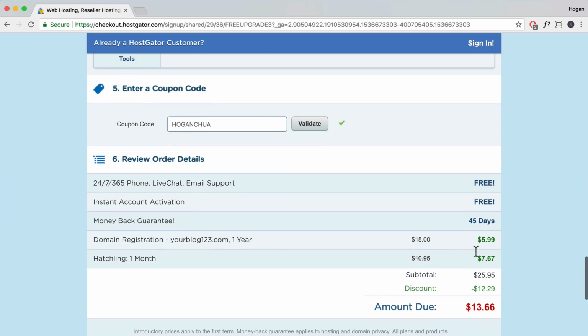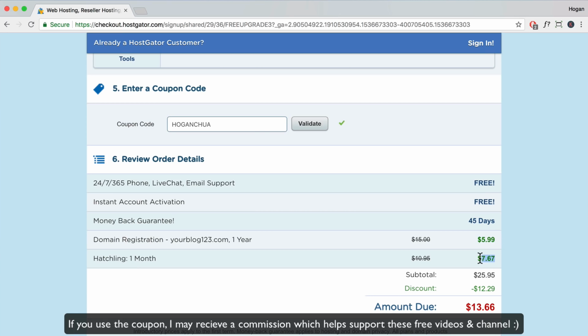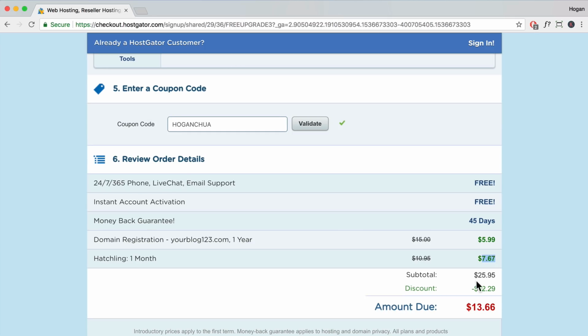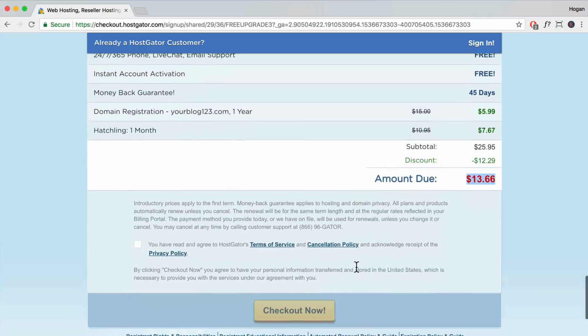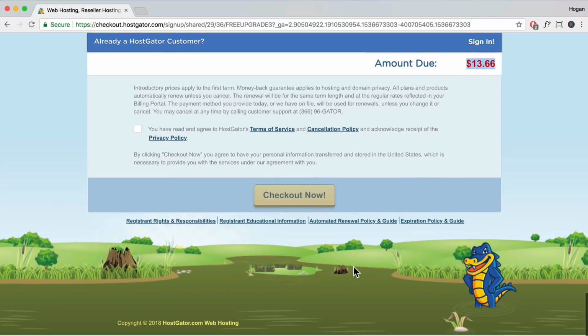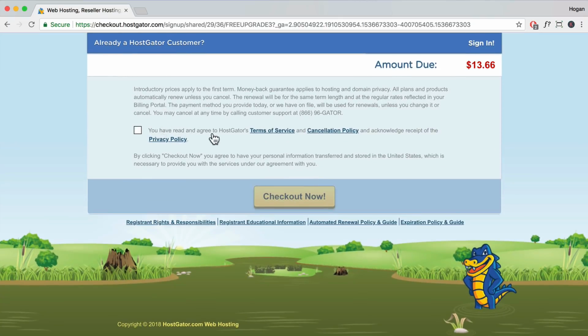So for example, as you can see here, the domain name is now $6 and the hatchling plan is about $7.67. So the total comes to around $14. If you've selected domain privacy, it might be around $28 or $29. Then you'll need to scroll down and read the terms of service, click that, and then